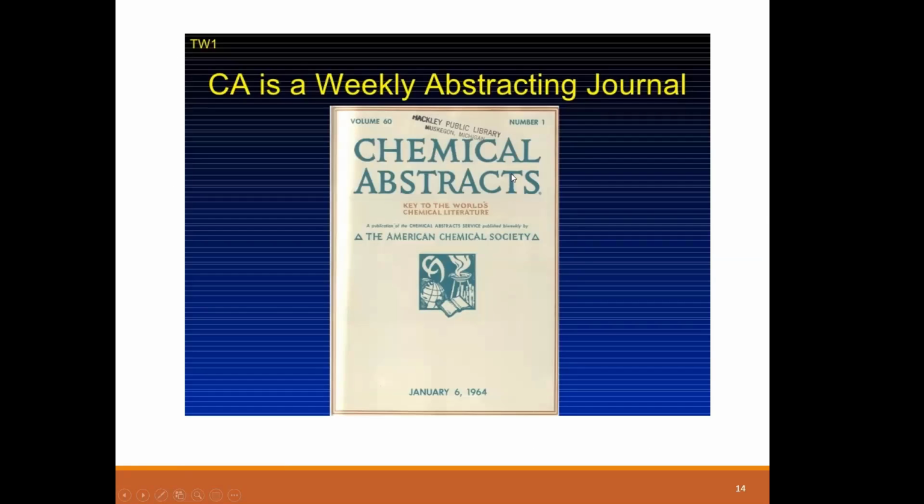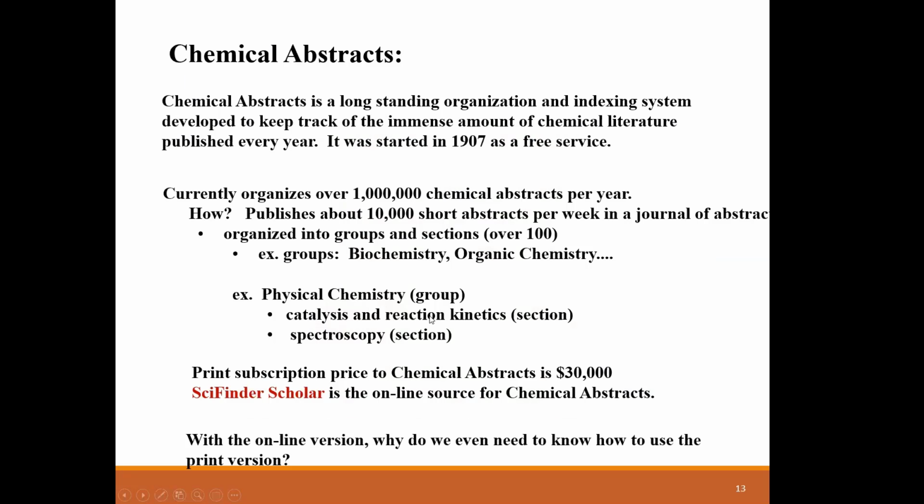This will be a typical publication of the chemical abstract. This won't be the focus of this discussion because, to be honest, I never used the paper version of the chemical abstract. I only use the digital version. It's called the SciFinder Scholar. Basically, the university pays somewhere between 30,000 to 50,000 a year to the chemical abstract, and we subscribe to